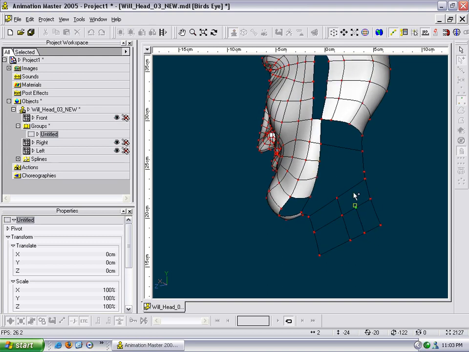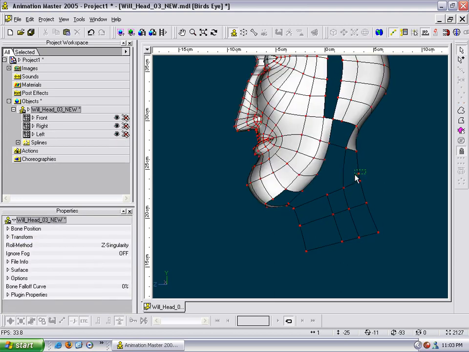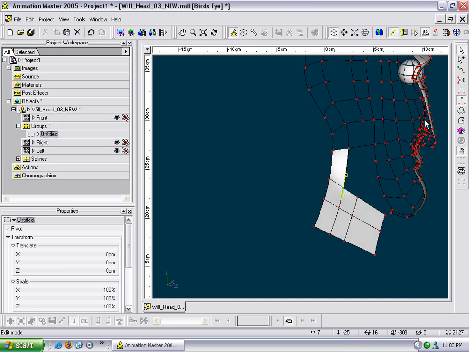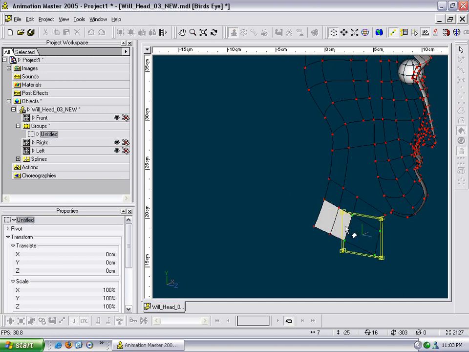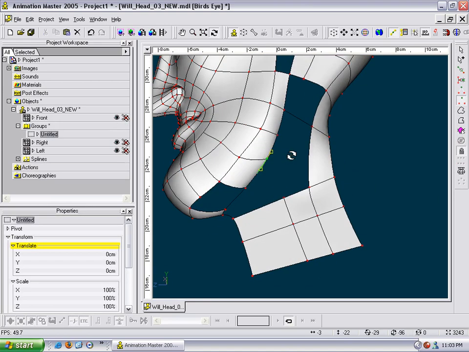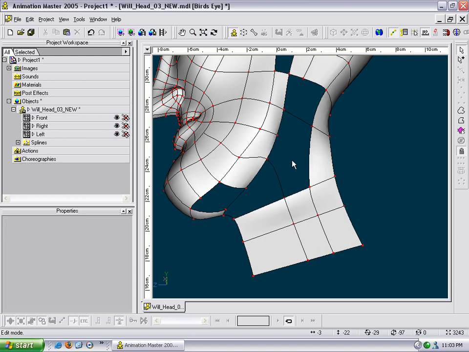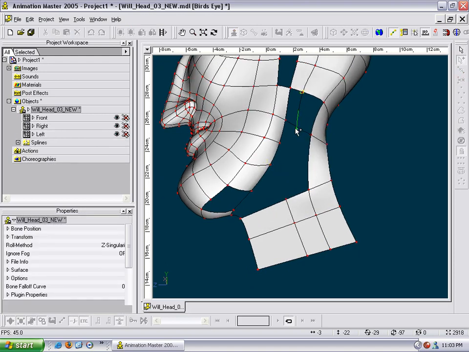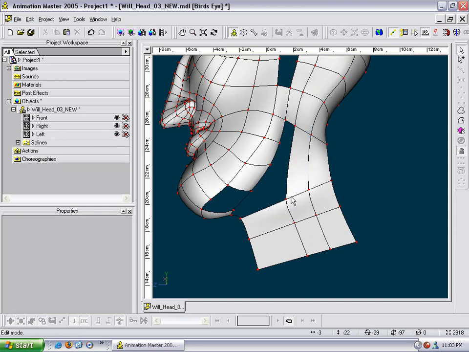Now, let's divide this one and just go up the back of the neck right there. Get rid of that CP. So those are all, I need to flip all of them, so let's go flip, flip, flip, flip, flip, flip, flip. Let's continue this one down this edge. Actually, before I do that, I think what I want to do is take this one and bring it down